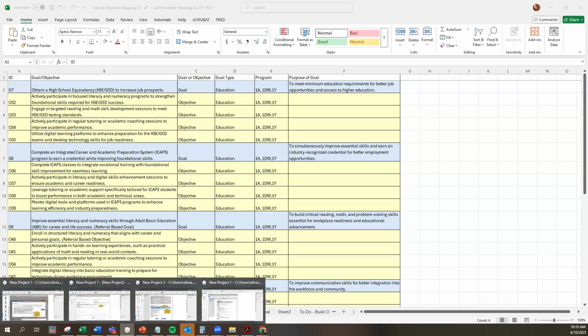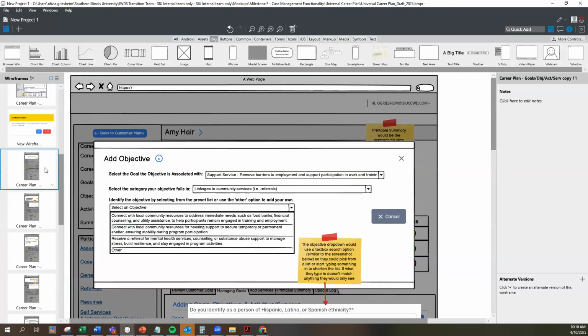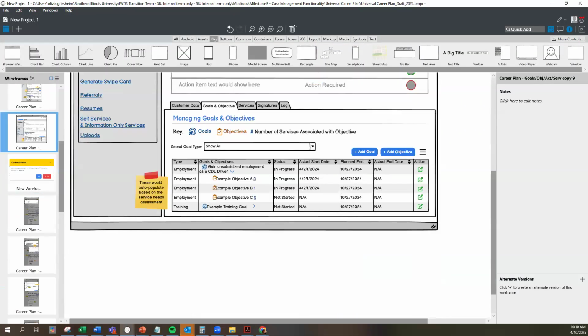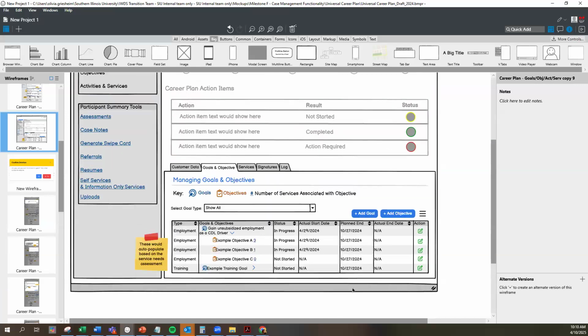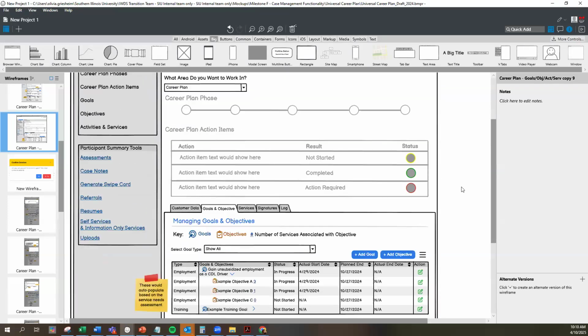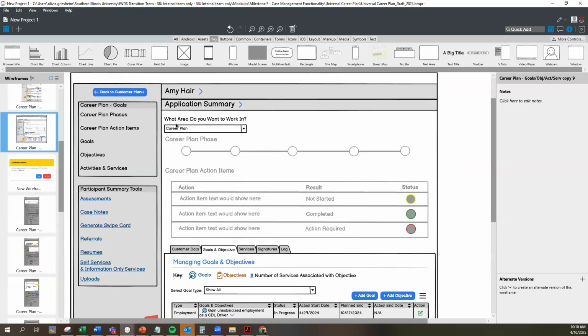I want to give a little bit of context before I jump into this. So our goals and objectives are going to be part of the Universal Career Plan, which is going to replace the IEP and the ISS. We're now going to have a digital career plan. It will be universal to support both an IEP and an ISS. The system will have business logic that will help determine, based on program enrollment, which type of career plan it is supporting. And we're still working on some of the content on these pages, but we will have a career